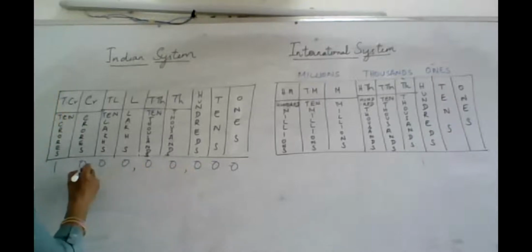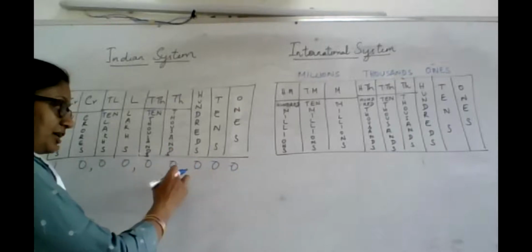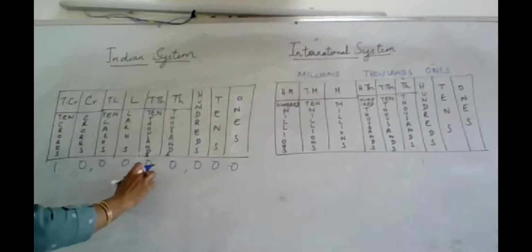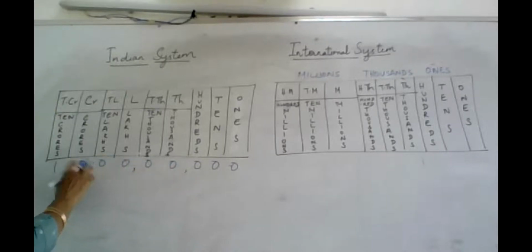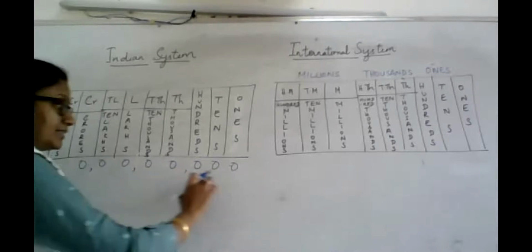I have to put the commas to read these numbers. From the left side, we take 3 digits and put a comma. Then successively, we take 2 digits at a time. So 2 digits, put a comma. Again, 2 digits, put a comma. So this number will now be read as 10 crores, because 1 is sitting in the 10 crores place. The value of this number will be 10 crores, because all the others are zeros.